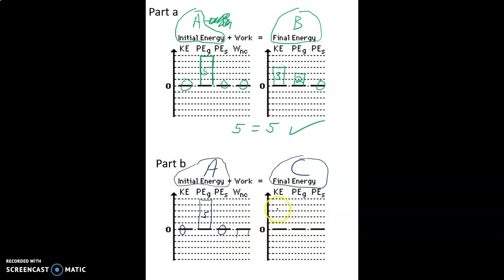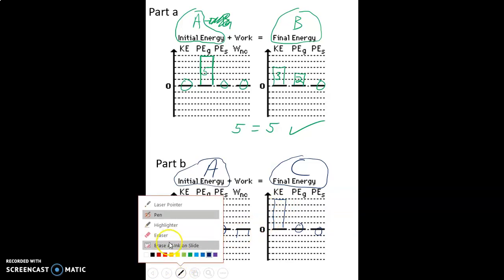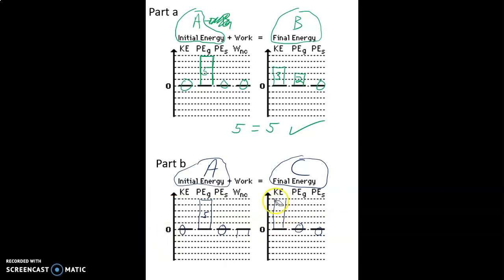But the kinetic energy, we know it's not quite as much as before. And actually we did this from A to B up there, so let's not even worry about that. If we had done it from A to C, we would have drawn this all the way up like this, and then it would have been 0 and 0. But that's not correct, because we know in this case we're going to end up with less kinetic energy. So let's erase this,